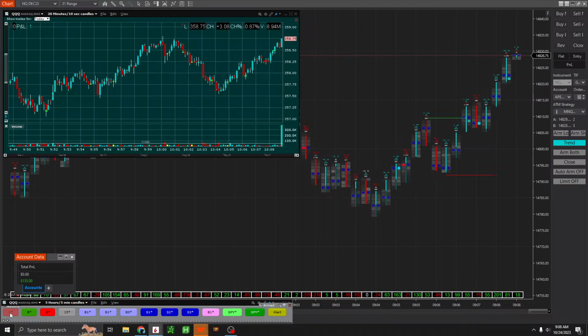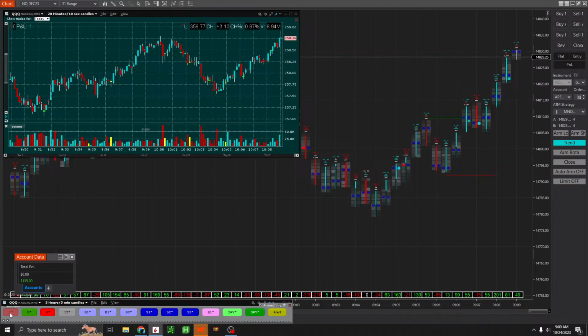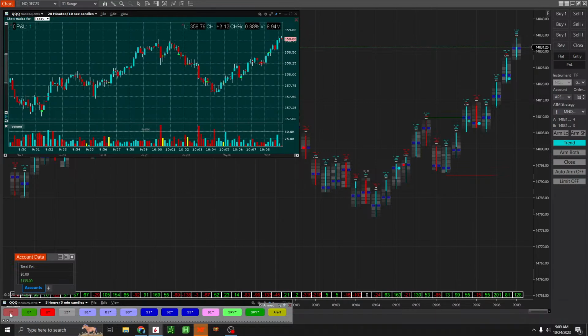Looks like that sweep is failing. Okay, so now we're back to the top of the range. 21 minutes, so we still have plenty of time. I wish it was going either direction on this. Okay, let's see what happens. Right now they are failing that sweep. It's actually sweeping bullishly. See, we're not going to go long yet. This stays above 70.